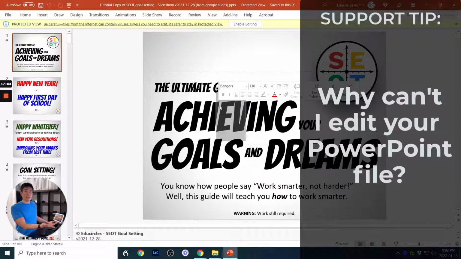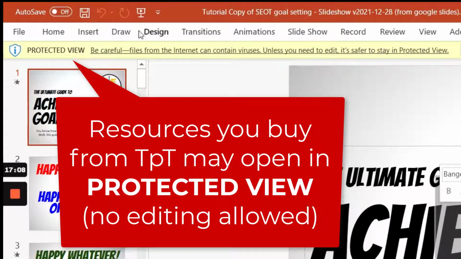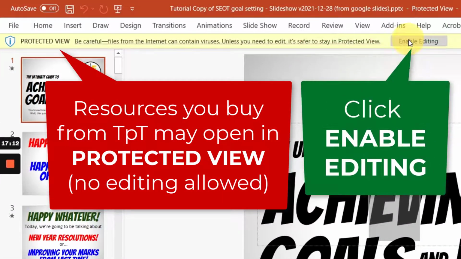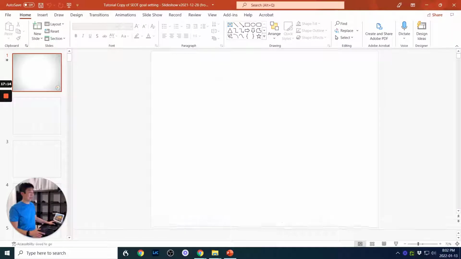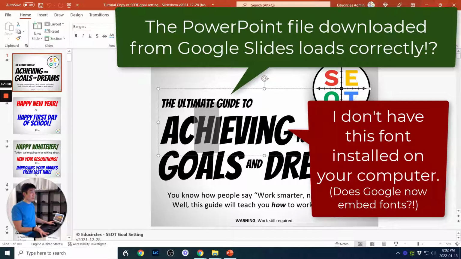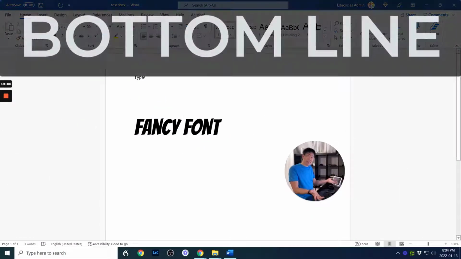Can you send me an editable version? And usually what I found is it's because Microsoft PowerPoint opens up in protected view, and all they have to do is click on enable editing, and then they'll be able to edit it, right? So even though I don't have Bangers installed on my computer, it's in this file. And so maybe this isn't an issue anymore. Maybe it's still an issue. I don't really understand fonts.